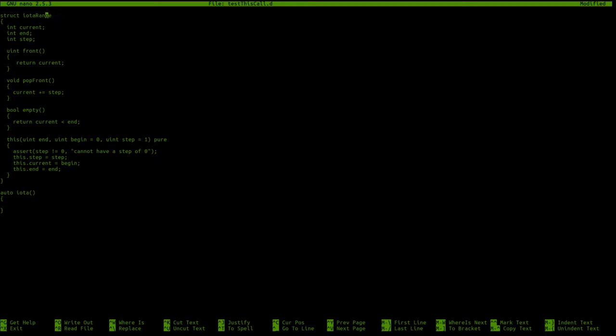So this is the range. Iota, that's the initializing function. Then returns iota range. And let's say this just takes an end, and we just specify an end here, and then you auto sum to current